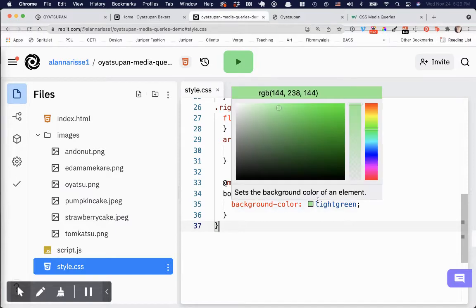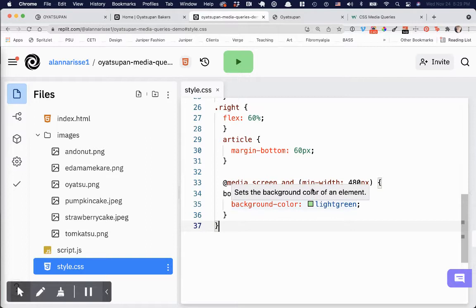Sometimes I see people do a minimum width of something and a max width of something. You don't want to do that. You just want to say, in this case, if it's a maximum width of 480, do this, so that means this is for mobile only. I'm going to make it a little bigger, actually. I'm going to make it 768, which is the portrait size of a mini iPad. I feel like that's a good size to switch if you're going to only have one media query,